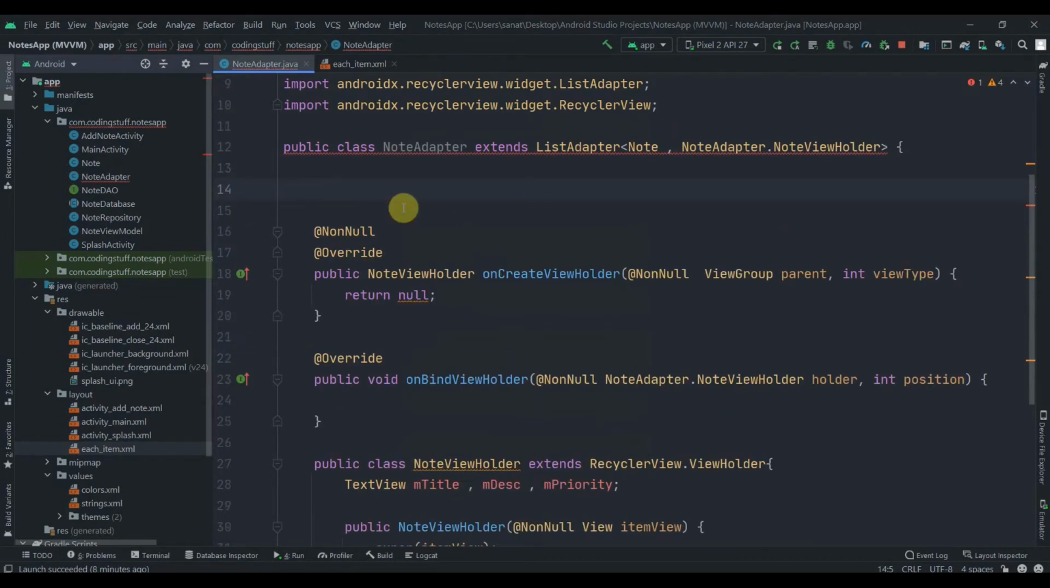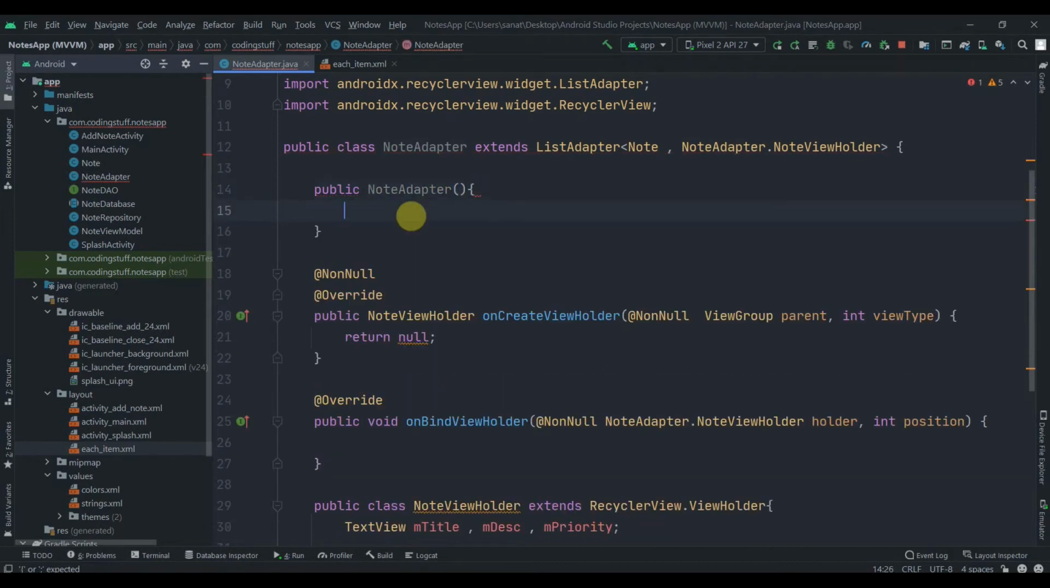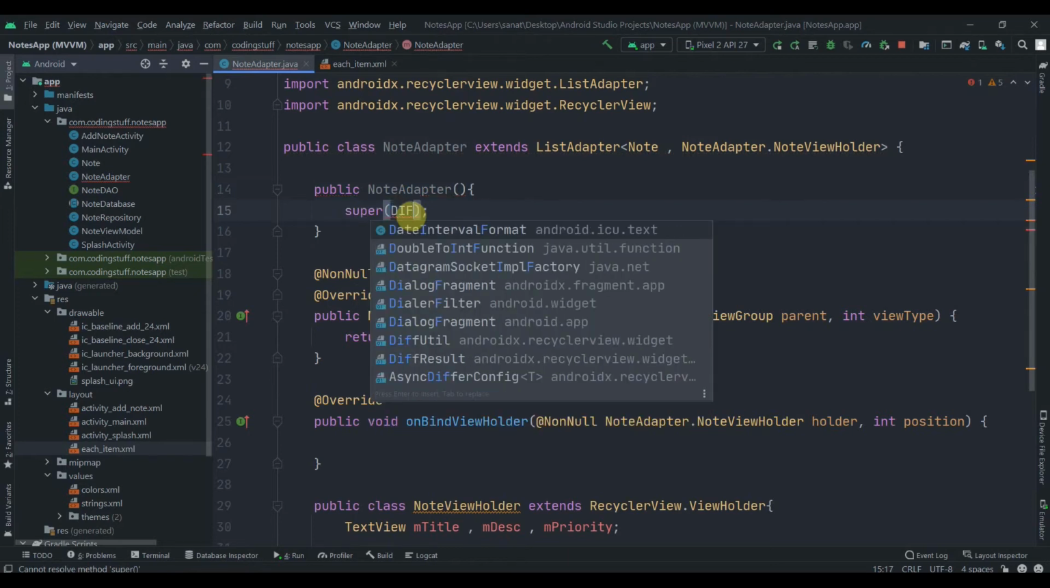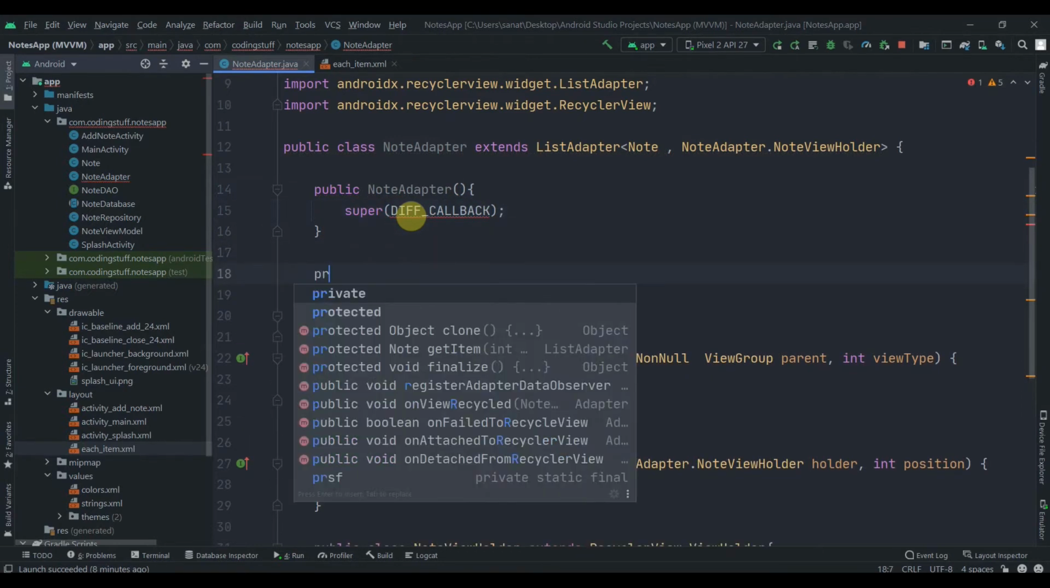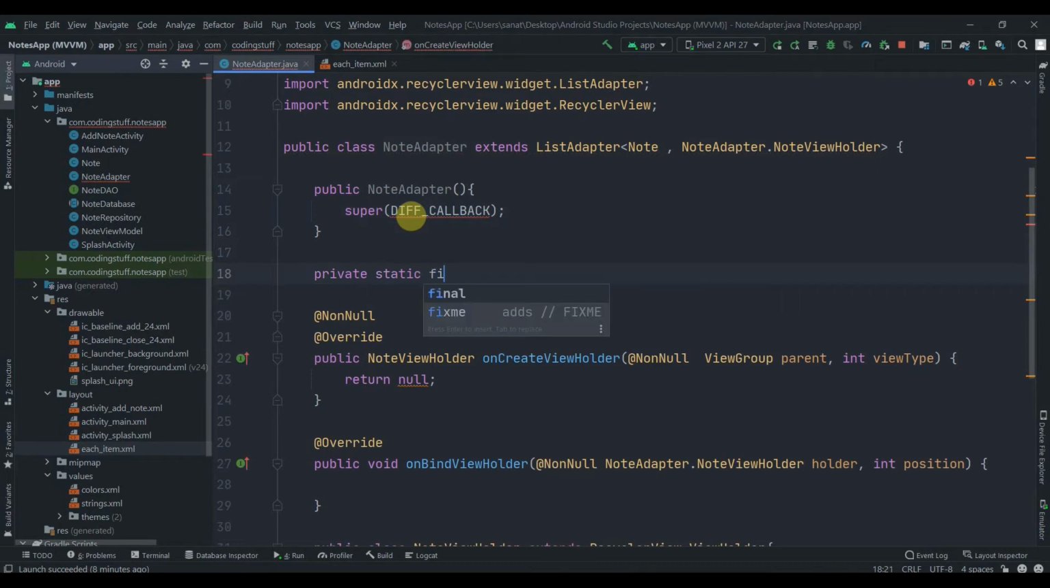Okay, so we'll create constructor by ourselves. So public NodeAdapter, we'll pass nothing here, but we'll call super diffCallback, and we'll create this over here. So private static final DiffUtil.ItemCallback, we'll pass Node, and we'll name it as diffCallback, so